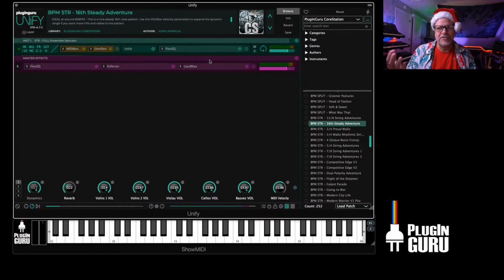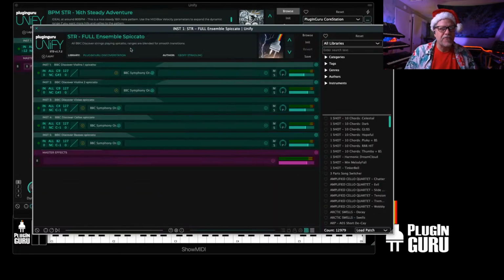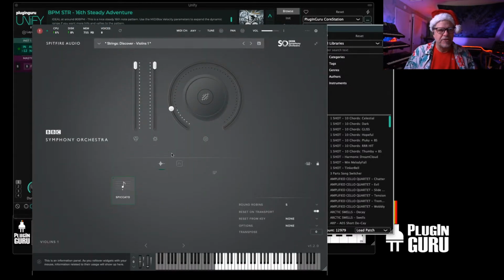So the patches, if you load the Core Station patches and play them, they will work because it's calling up Discover Station. If you open up your interface to any of the BBC Symphony Orchestra plugins, you're not going to see this. This is Core. And Core